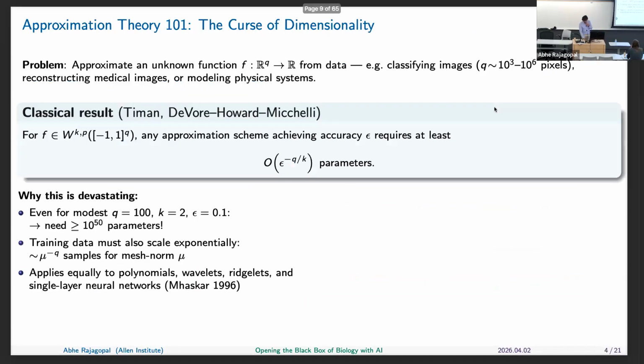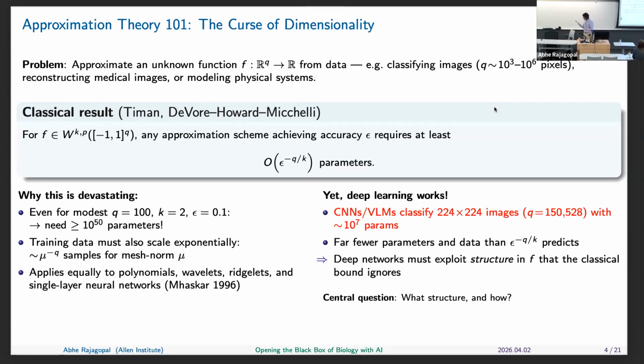So to start, I thought I would start with something that we can all set as a foundation, and that's really approximation theory 101, which is the basis for neural networks and polynomials and curve fitting and all this other stuff. One of the classic results there is that when we're in high dimensions, we need an exponential number of parameters to represent that function. As a result, we think that we need an exponential amount of data to fit those parameters. You can plug in a few numbers and see how that curve scales, and of course the constant's missing, but you can see how the curve scales.